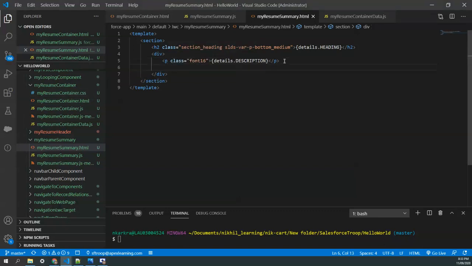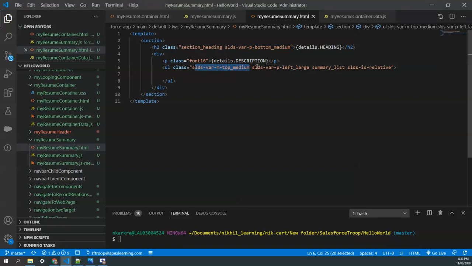Then our key points in the form of an array, so we have to use a loop. We'll say ul tag. In the ul tag I want to add some classes. First is the margin top, then the left padding, and then the summary list class and the position relative. Within the ul tag we are looping our list template for each,